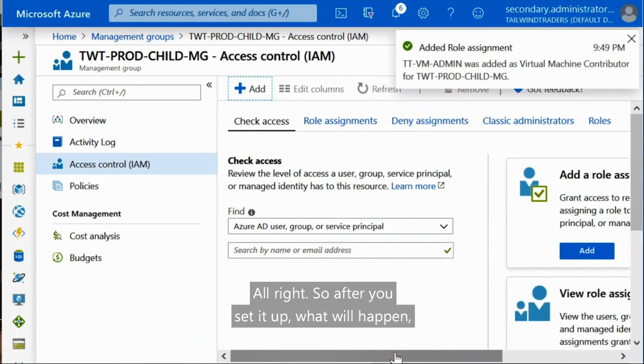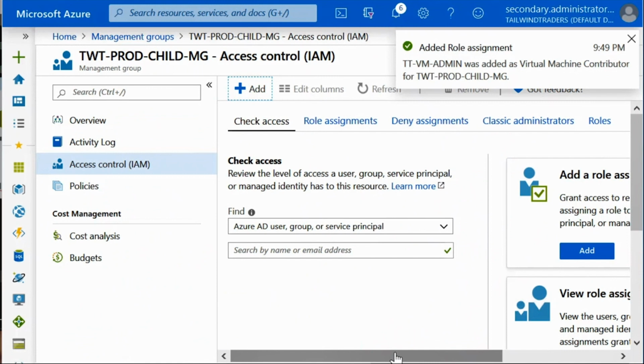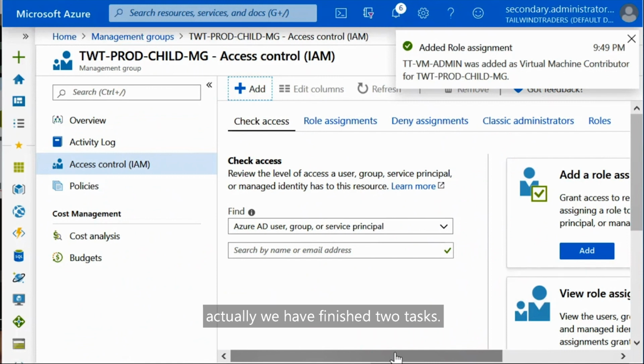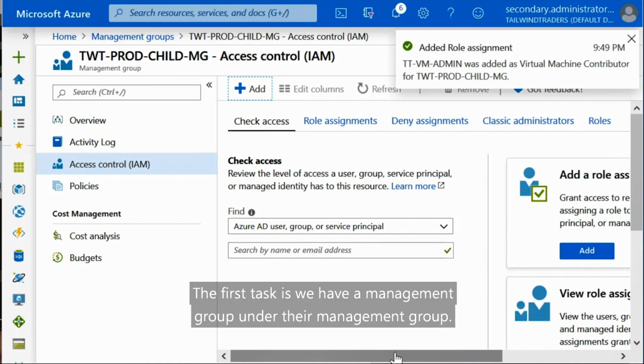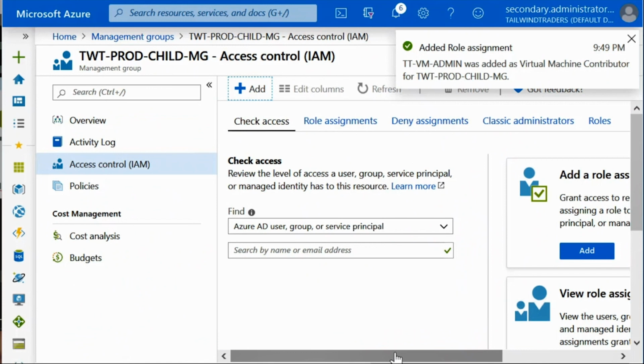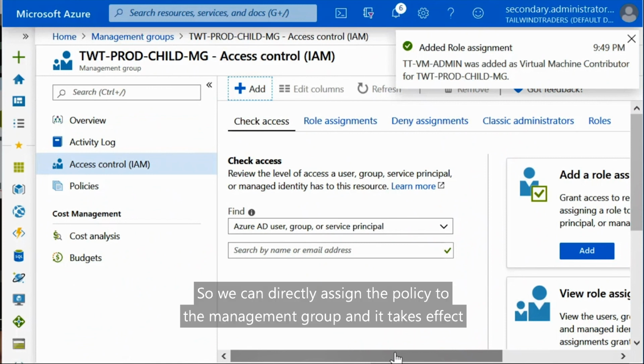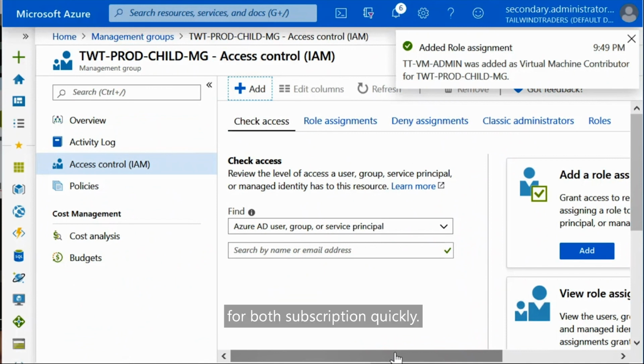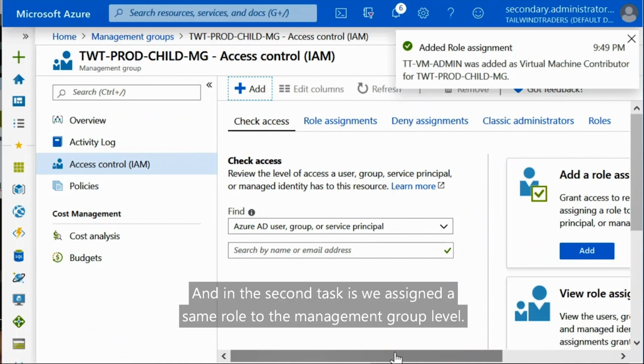All right. So after you set it up, what will happen? Actually, we have finished two tasks. The first task is we have a management group, and under that management group, we have two subscriptions. We want to apply the same set of policies across the two subscriptions, so we can directly assign the policy to the management group, and it takes effect for both subscriptions quickly.